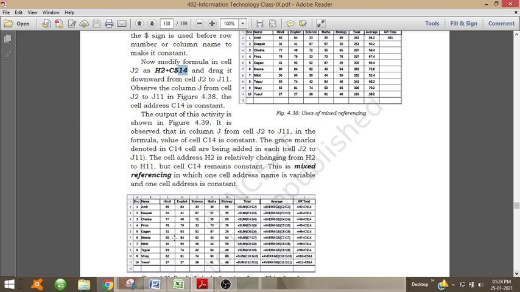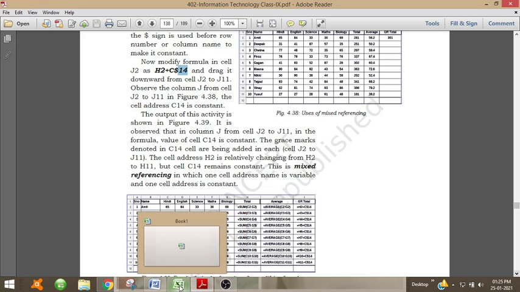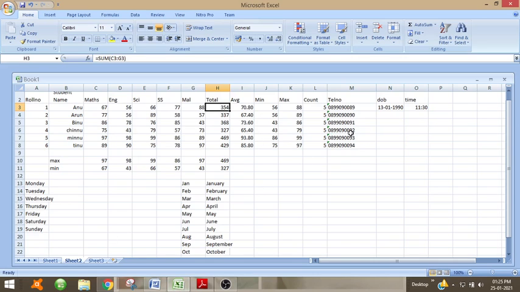So here, for finding the GR total, the value of C14 is being added in each cell, that is, for each mark of Hindi, the same value of C14 is added. The values of C1, C2, etc. are not considered, only the value of C14 is being considered. So when I show this with an example, it will be clear.